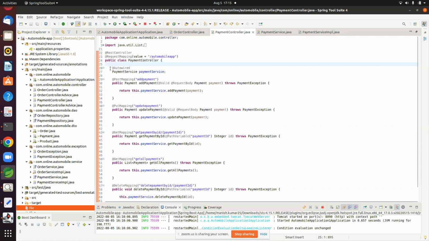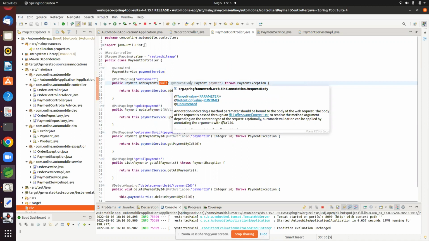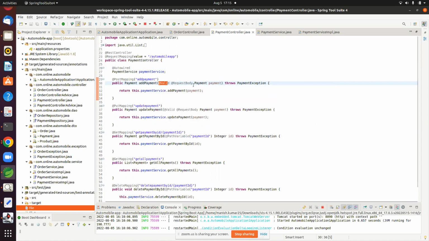And here we are autowiring the payment service. We are injecting the bean in the payment service reference variable, and here is a post mapping which has a URL of add payment, and this is a method public Payment addPayment, and I have also done the validation for that, and here is the request body.